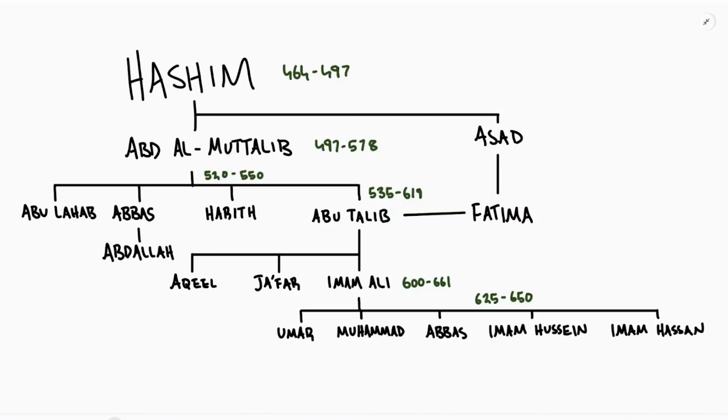So Hashim lived most probably around 464, and he died around 497. So the haplogroup of Hashim himself should be around that time, and the same for Abdul Muttalib. J-L859 has a TMRCA of approximately 500 AD, which matches pretty much exactly the time of Abdul Muttalib alayhi salam. So that's one of the main factors required.